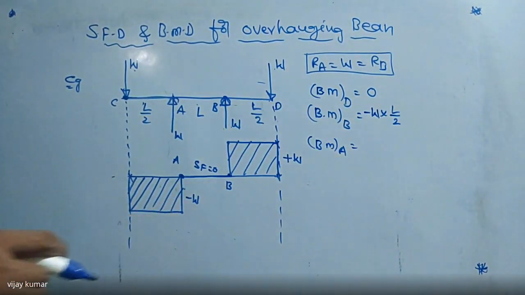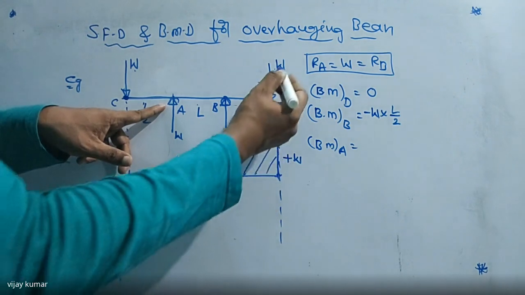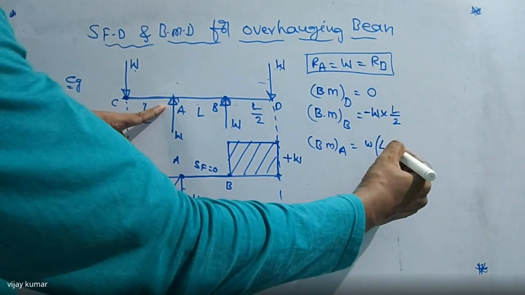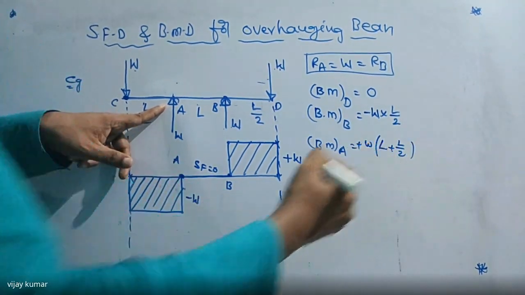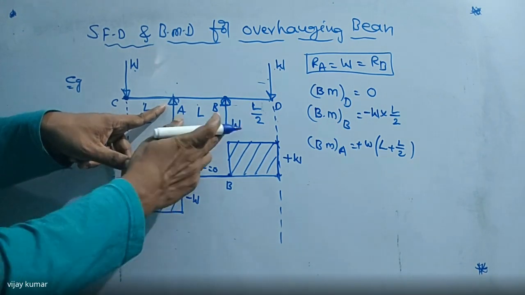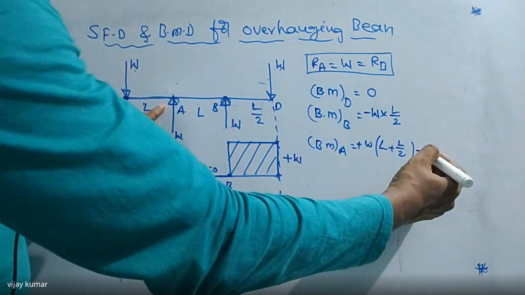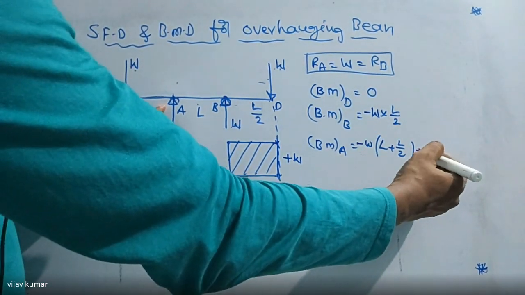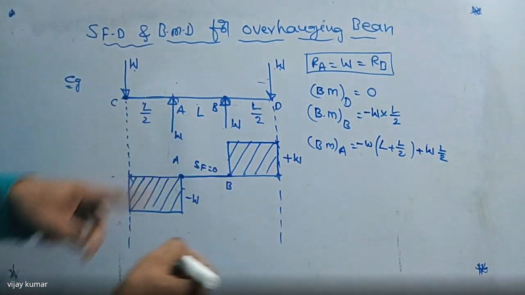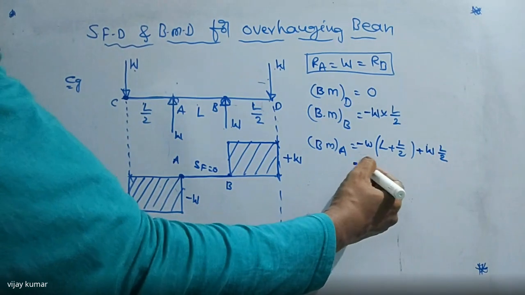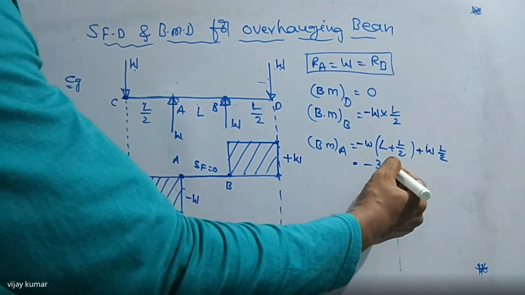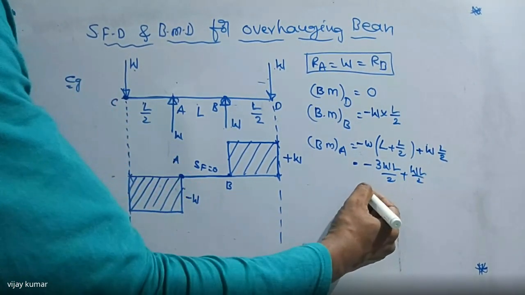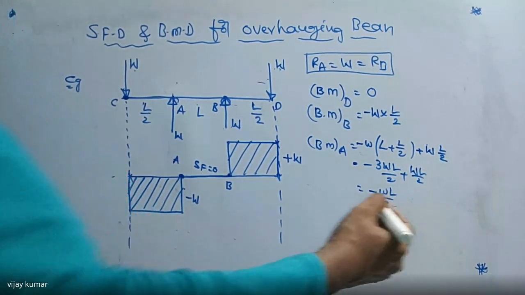And the bending moment at A, I'm going to write the value at A. So now tell me, W into this distance, that is W into L plus L by 2, which is positive, and this one again W into L, that is minus, so this is negative, and this one is positive, W into how much? L by 2. Then if you resolve it, that is minus 3 W into L divided by 2 plus WL by 2, then we are getting the value of minus WL by 2.